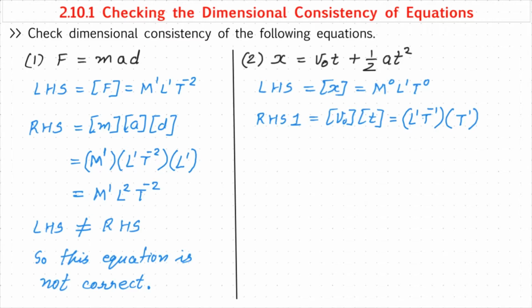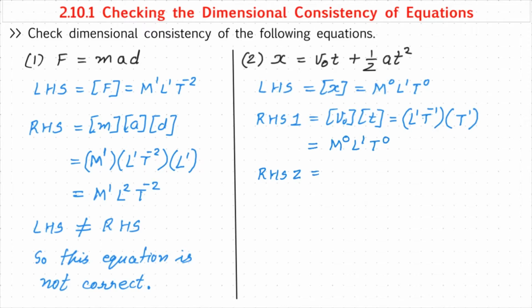As I have said previously, here for velocity I have omitted m0, and for time I have omitted m0 and l0 both. So as a whole, the final dimensional formula of right hand side 1 can be written as m0, l1 and t0. See, while writing the final dimensional formula, we should consider all the powers of MLT. So here I have written m0, this is l1, and t minus 1 and t1 gives t0. Okay, now let us check right hand side 2.